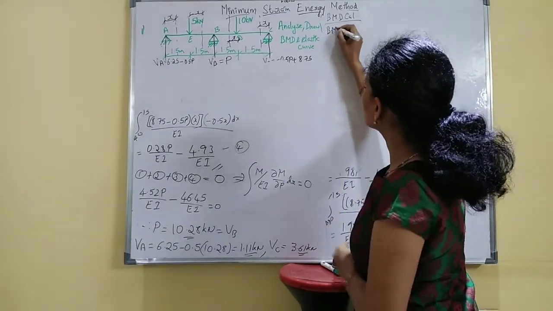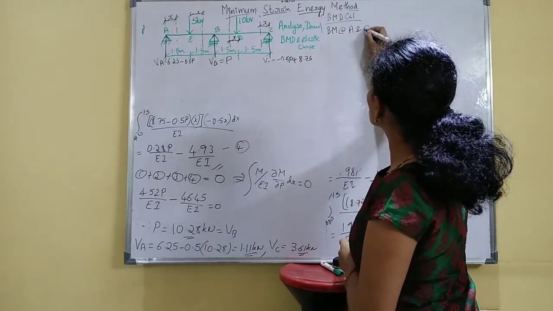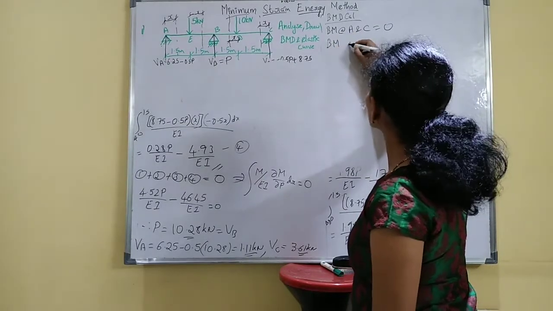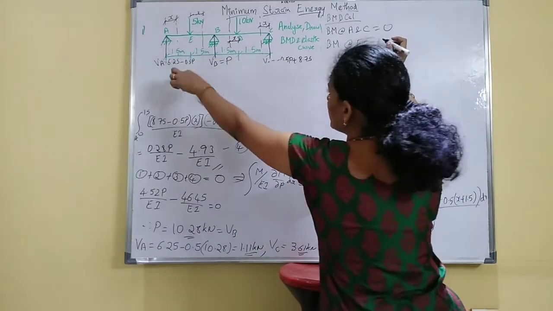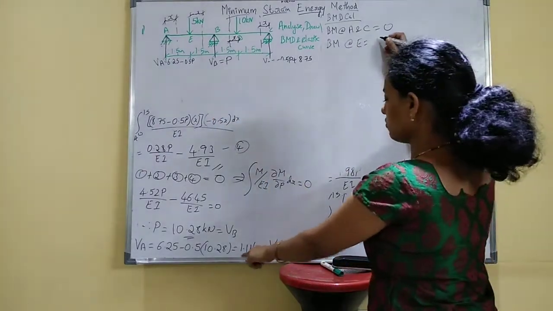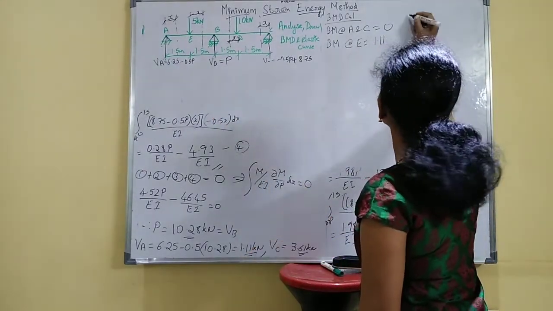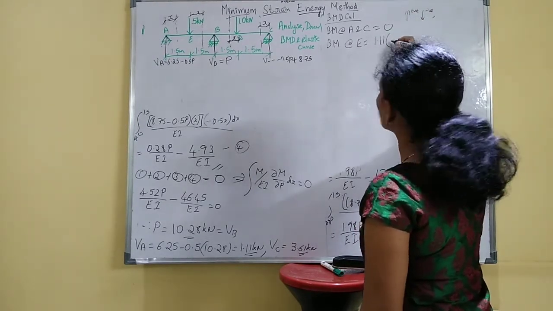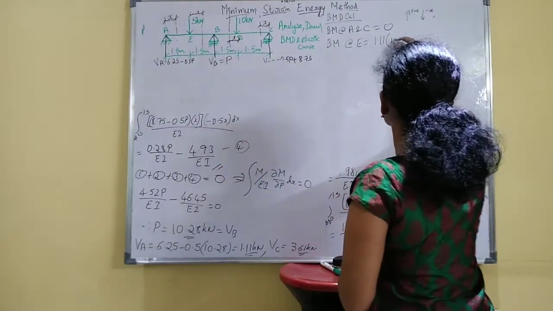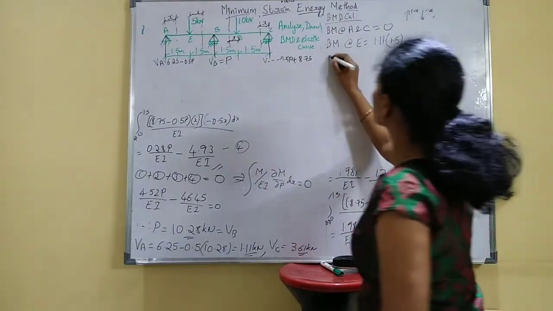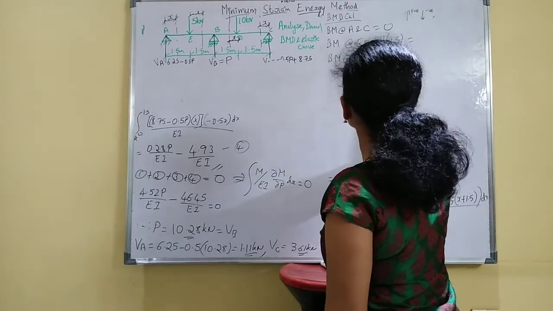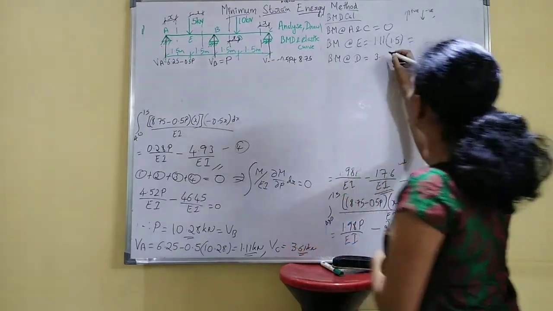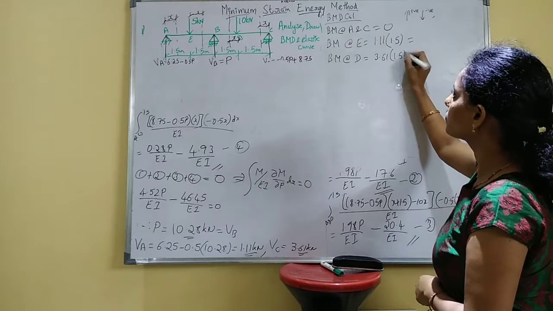So bending moment at free end will be 0. So A and C is equal to 0. So bending moment at E, at this point. So VA is nothing but 1.11. So 1.11 here upward as positive, downward as negative. Okay. So 1.11 into distance up to E. So it is into 1.5. Then bending moment at D equal to this. So you can take this, that is VC 3.61 into 1.5.